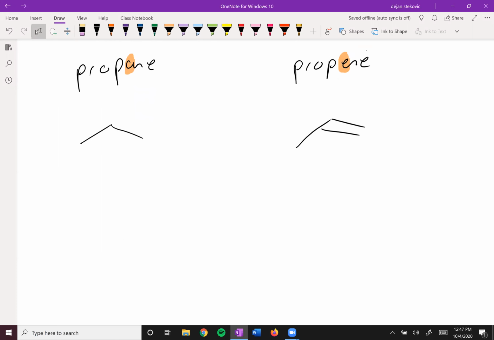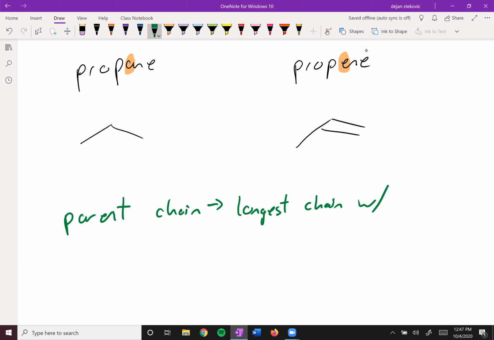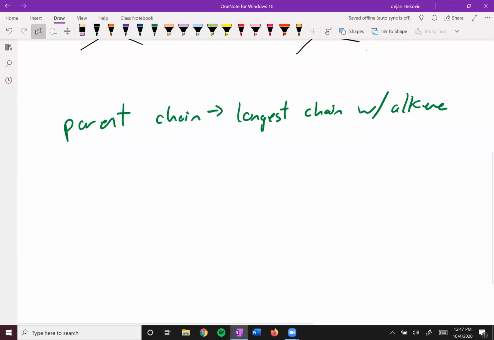And so there are a couple other things to remember when we're naming these. The parent chain here now isn't necessarily the longest chain overall. It's the longest chain with an alkene. So as you can see, alkenes get priority over alkanes. And so if we had a compound like this,